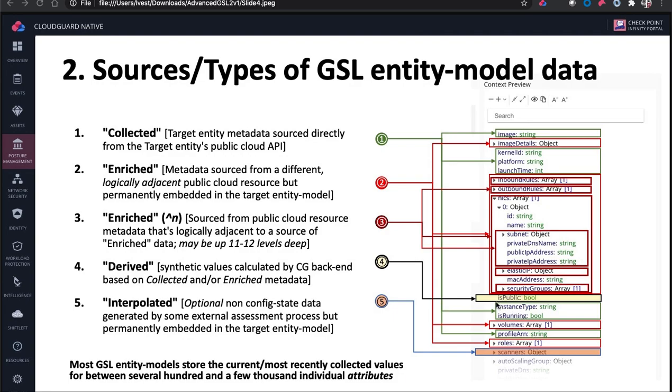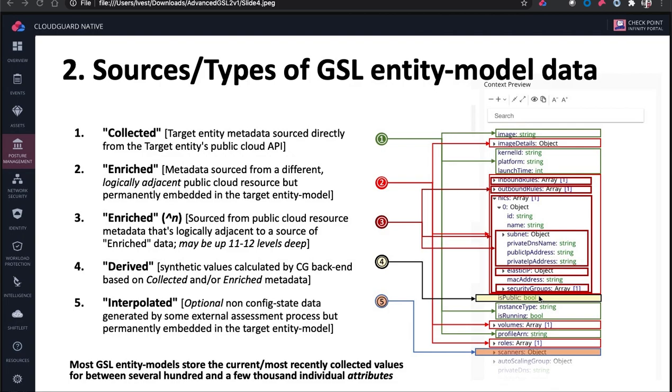So the canonical example for this is public. This is a Boolean value, can be true or false at the EC2 instance level, and the Boolean value will be true if an EC2 instance is currently associated with any NIC that is currently associated with any routable, which is to say non-RFC 1918 IP address. So that set of data joins is summarized down to a single Boolean value at the EC2 instance level